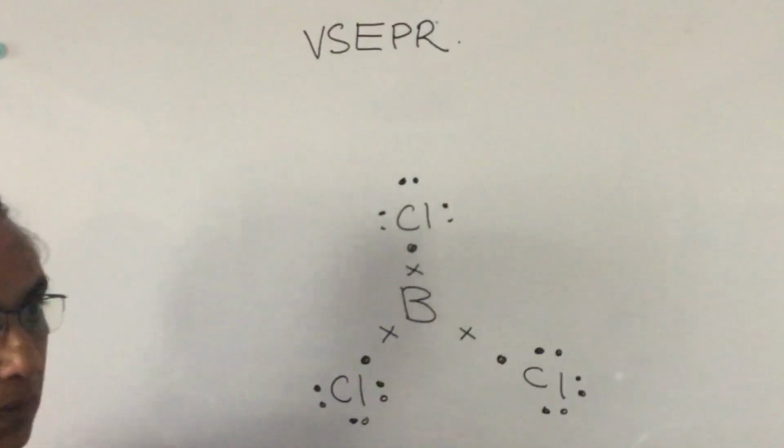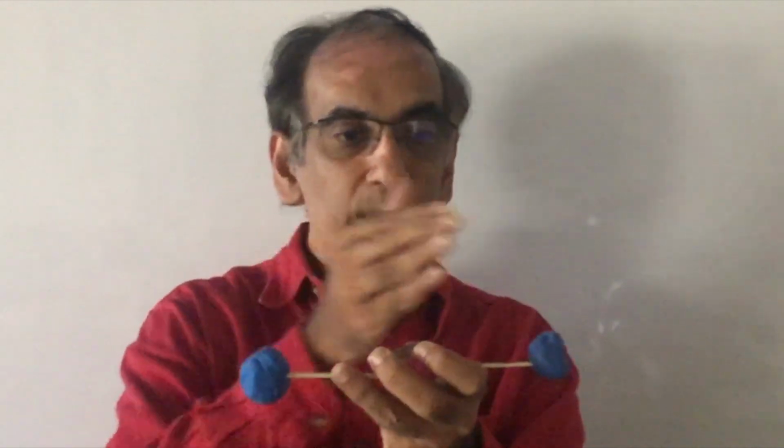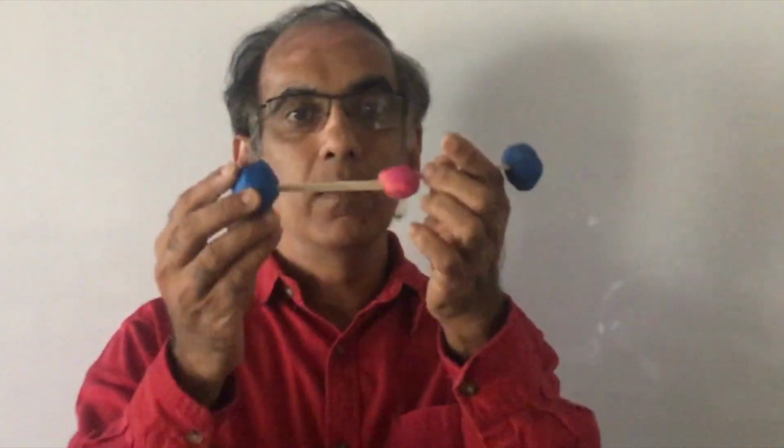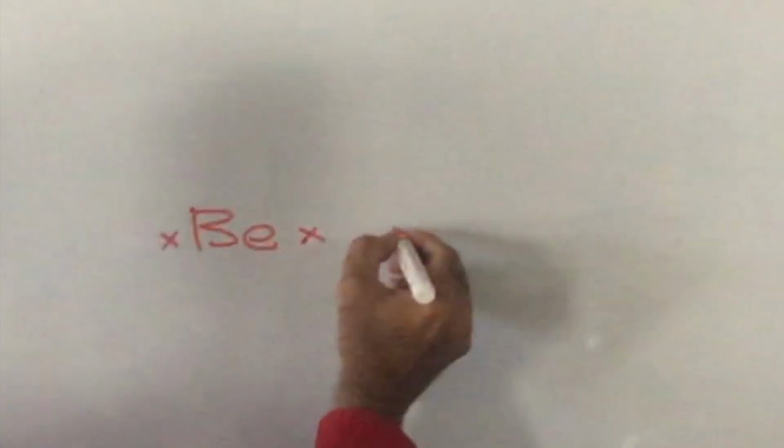And now we come to a case with 2 electron domains, 2 bonds, and another exception to the octet rule. Beryllium is the central atom, and the 2 bonded groups here are 2 chlorine atoms. This is the structure of the covalent molecule beryllium chloride. Be, beryllium in the middle, bonded to 2 chlorines,